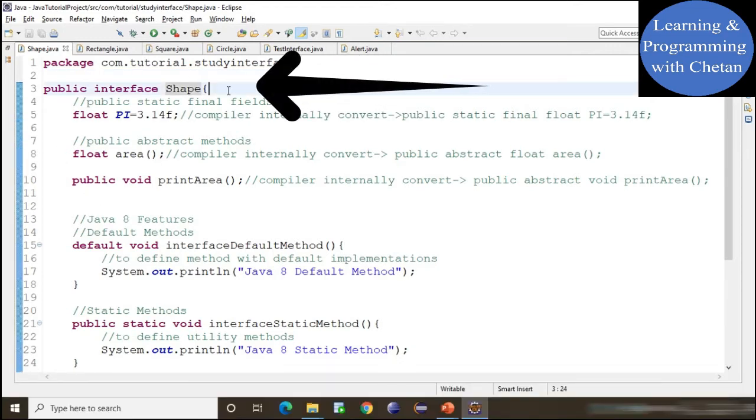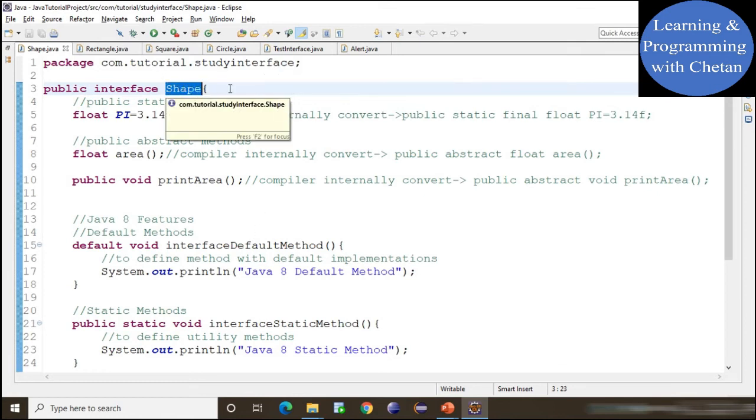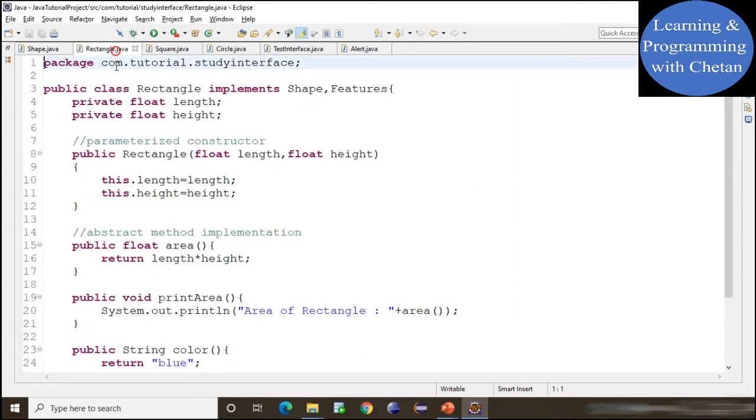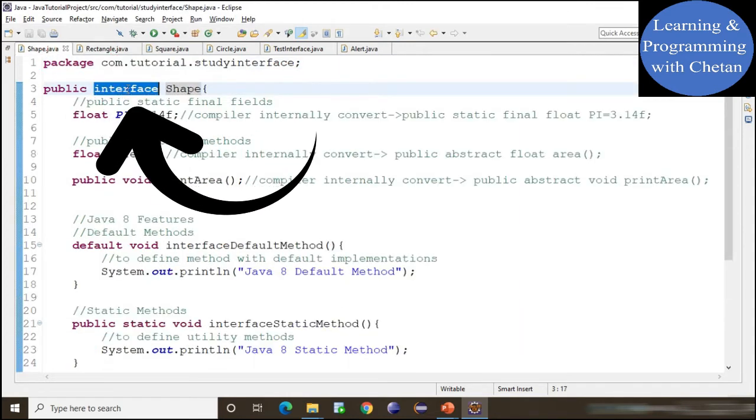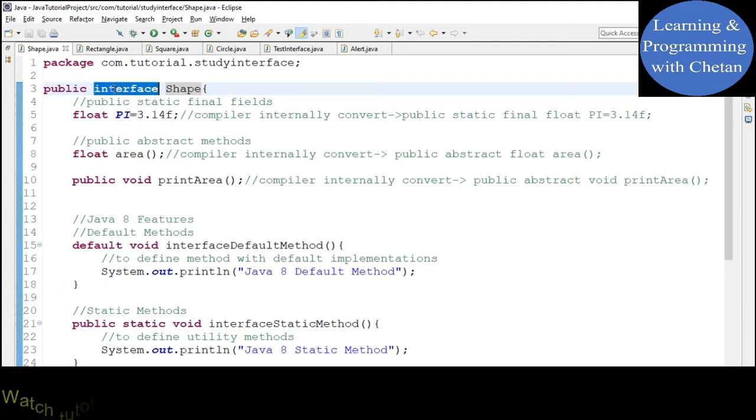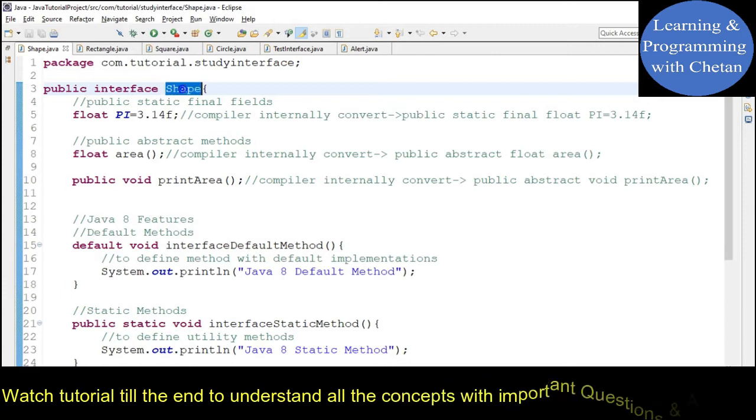So friends, here you can see that I have created an interface with the name Shape. We can declare an interface in the Java programming language with the help of the interface keyword. For declaring a class we use the class keyword, and for declaring an interface we use the interface keyword. So this is the modifier of my interface, this is the interface keyword, and this Shape